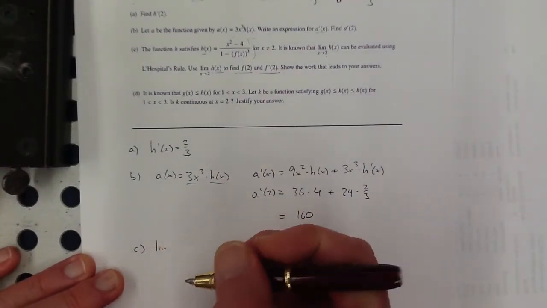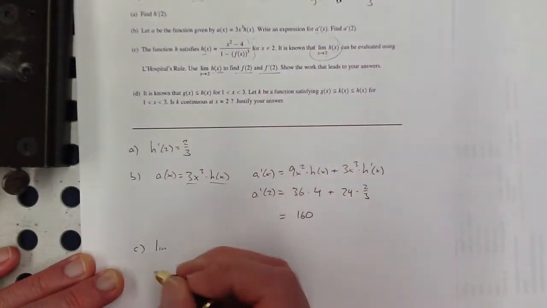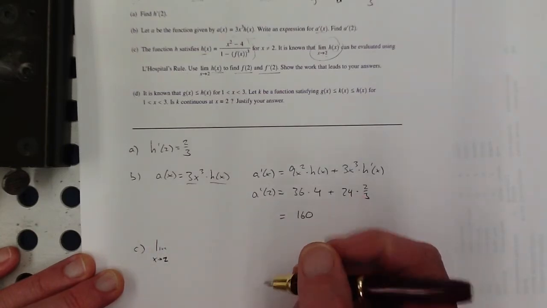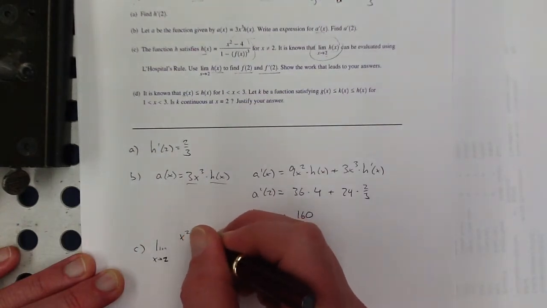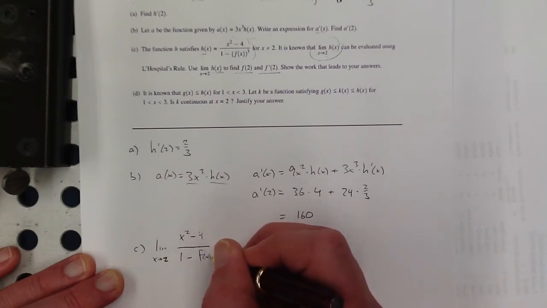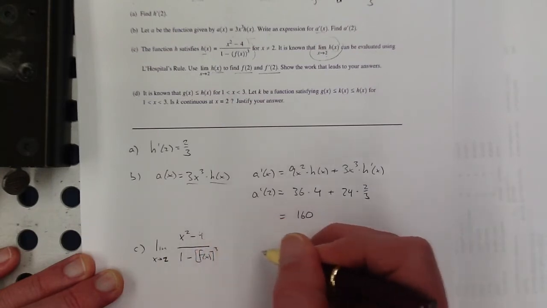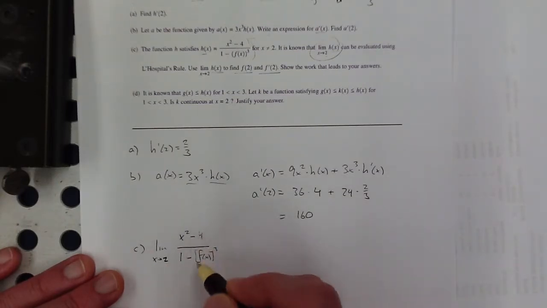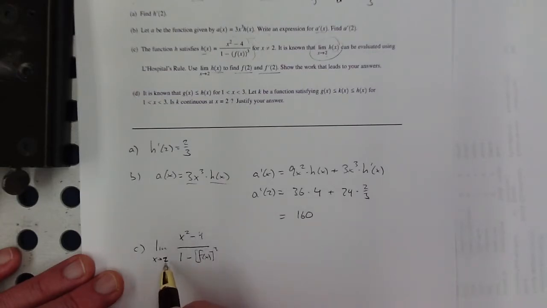So I'm just going to jump in and say, okay, if we're going to find the limit as x approaches 2 of h of x, which is this, x squared minus 4 over 1 minus f of x cubed. First of all, they're telling us that L'Hopital's rule can be used. That means that when I plug 2 into this, I've got to get 0 over 0, right? And sure enough, when I plug 2 in the top, I get 0. But that means that I must also get 0 when I plug 2 in here, which means